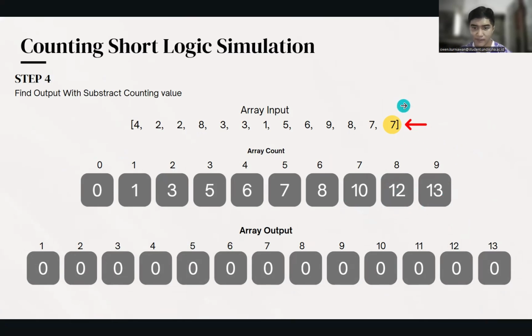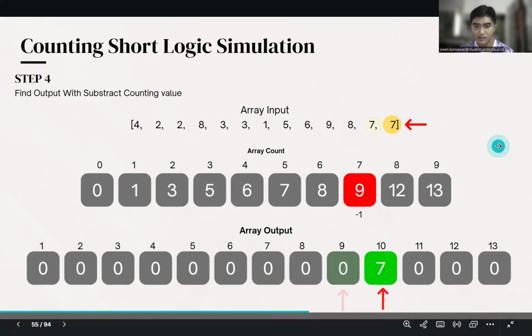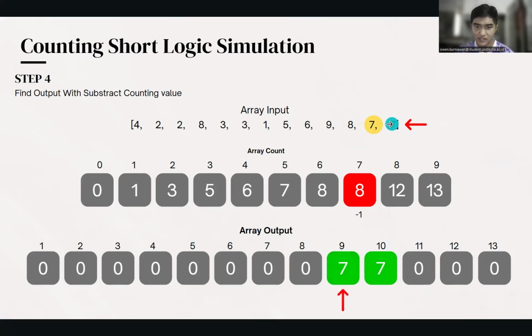Then if the program reads 7 on the right, this count will be subtracted by 1. Then based on this value in the count, this 7 will be put in the 10th position. Then the program will continue until it's at the end.